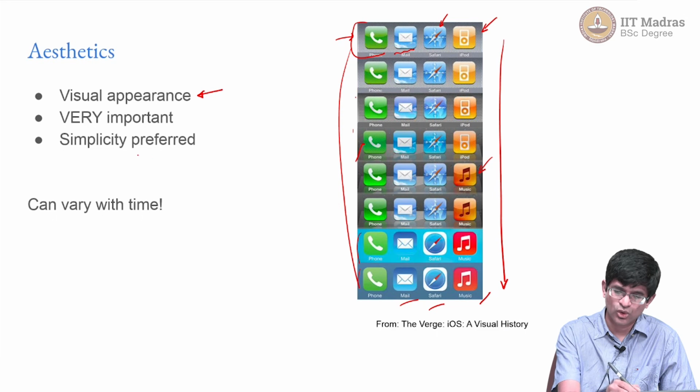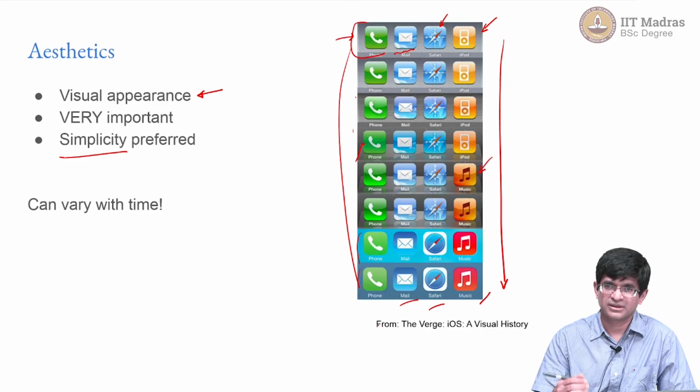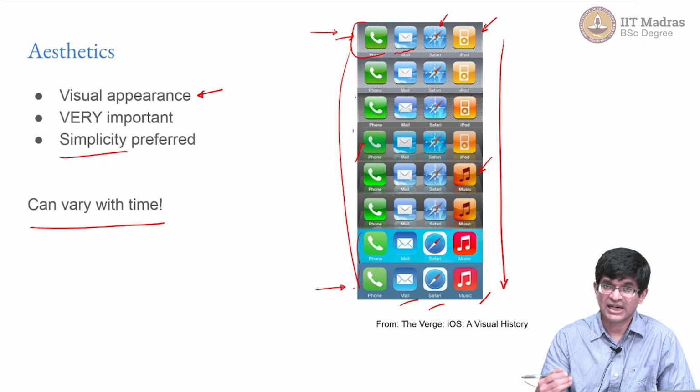And as you can see over here, over time the simplicity of the design has become more and more dominant. You have fewer gradients, fewer curves, and everything just becomes a neat set of icons at the end. The catch, as you can see, is it varies with time. So what was considered visually appealing in 2007 or 2009 is not what we see as ideal in 2021. Part of the reason is better resolutions on screens. People have simply got used to certain kinds of fonts and color schemes and so on. But this is at the bottom line a highly subjective